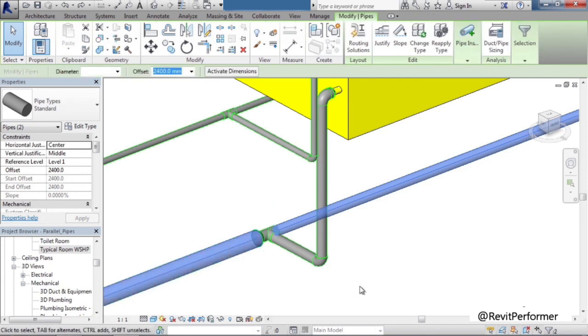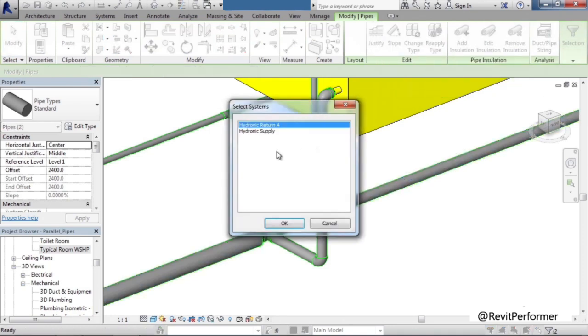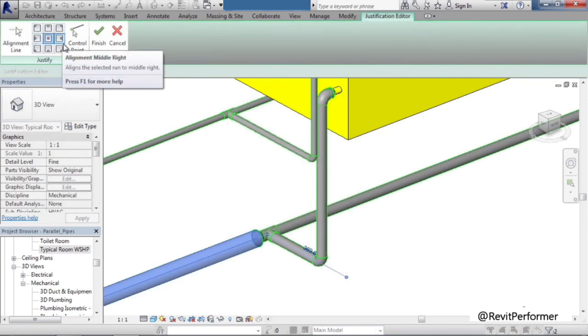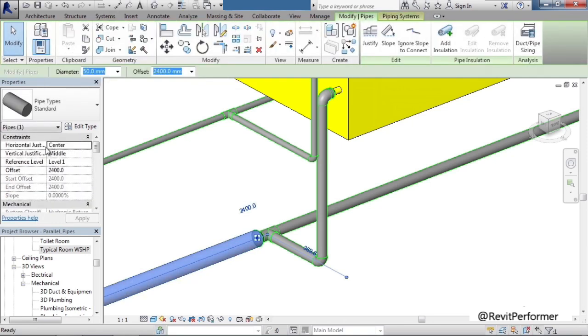Now if you select, let's say, 2 pipes or 3 pipes that are aligned together, you can actually choose the alignment or how they're justified. If I click justify on the ribbon, I'm presented with what system to choose. And then in the upper left, I'm also asked, how would you like to justify these? This is also the same information you'll see in the properties window from that pipe. Right now, mine are aligned middle center. Then click cancel. And I can see now in the properties area that it's also aligned middle center.